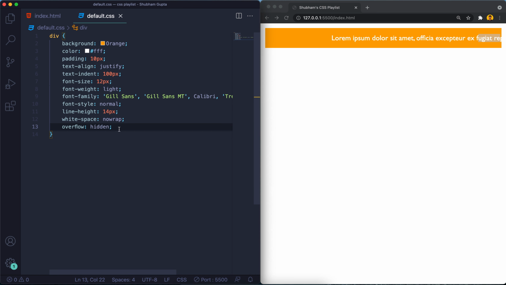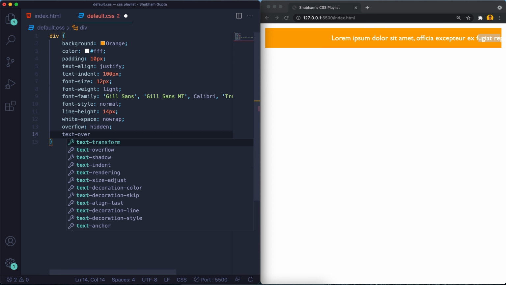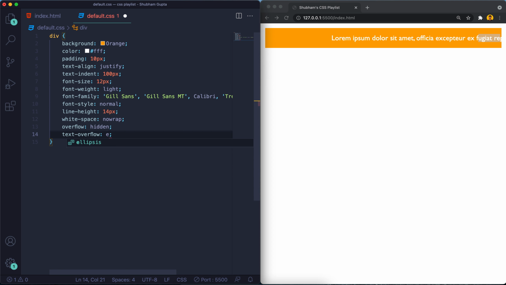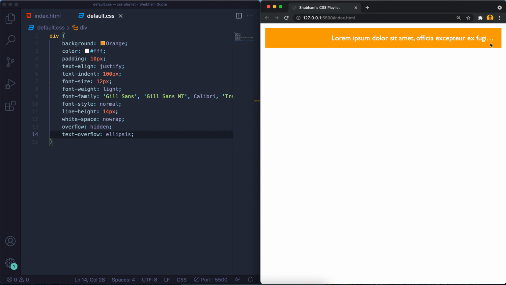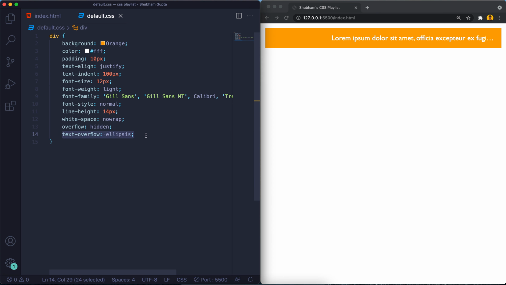So we can use text-overflow, which is ellipsis. By saving this, it will show three dots which say there is more content, and this is what we can see as a bonus trick for this video.